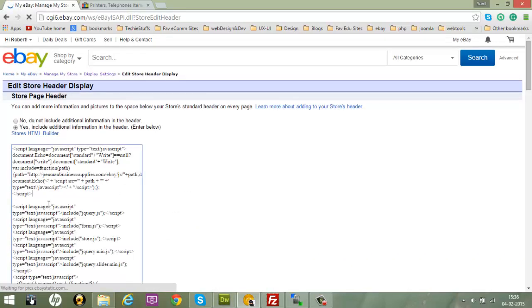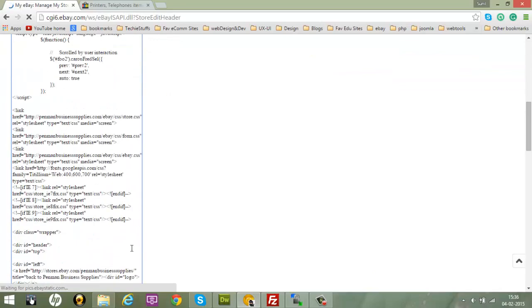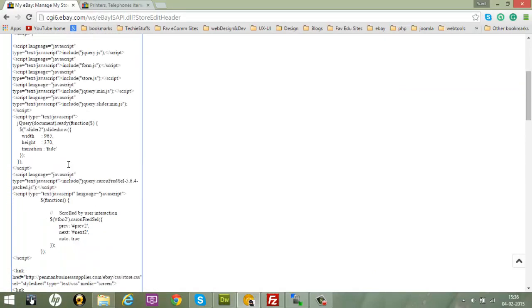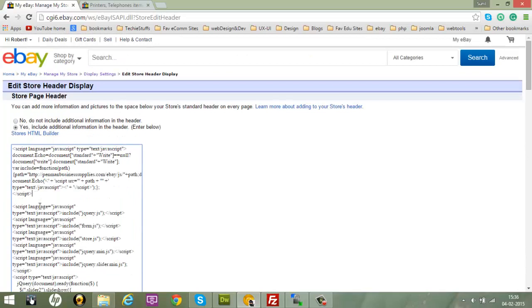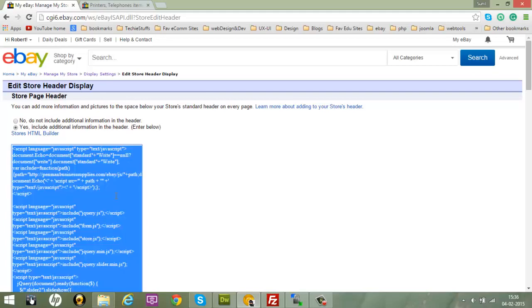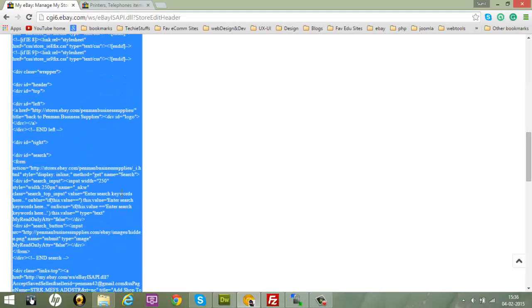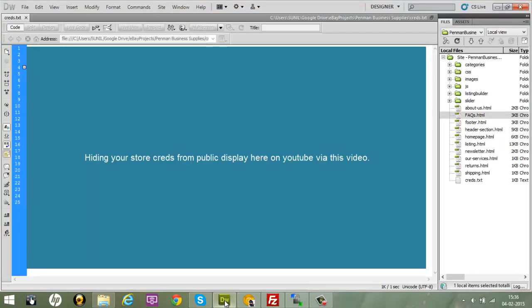So here's the code, here's the section where you will put the header code. You can click inside of it, press Ctrl A to select everything, and then delete it. And inside of your